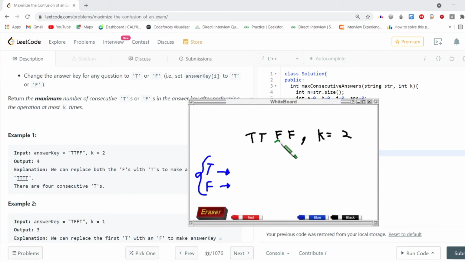Let's change both these F values. Then we will get T, T, T, T, having a max length of 4 consecutive.